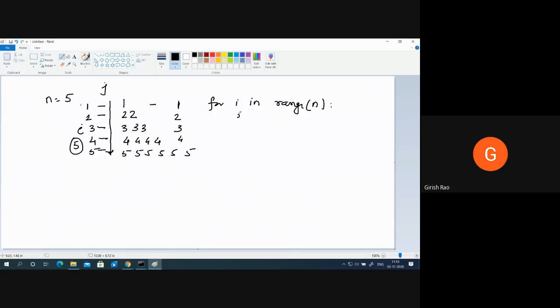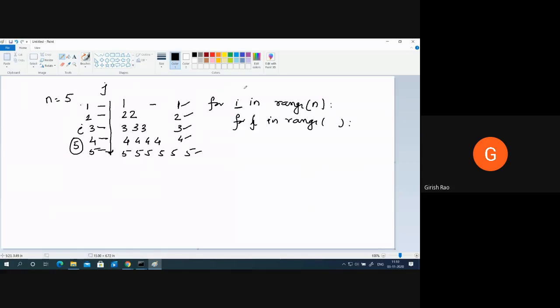Now my inner loop, for j in range. Now here I have to decide what to do because I don't have to print the value j 5 times every time. Yes or no? There is a pattern. It should be running 1 time, then on the second row 2 times, in the third row 3 times, 4 times, and 5 times, right? And that is clearly controlled by I.